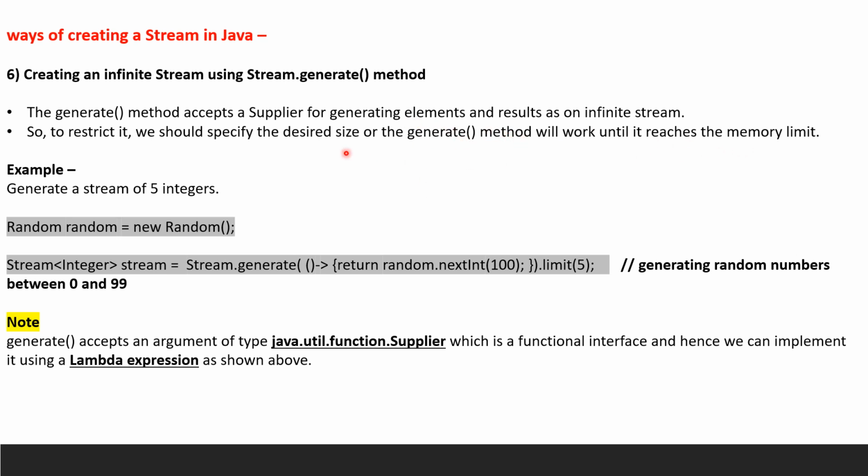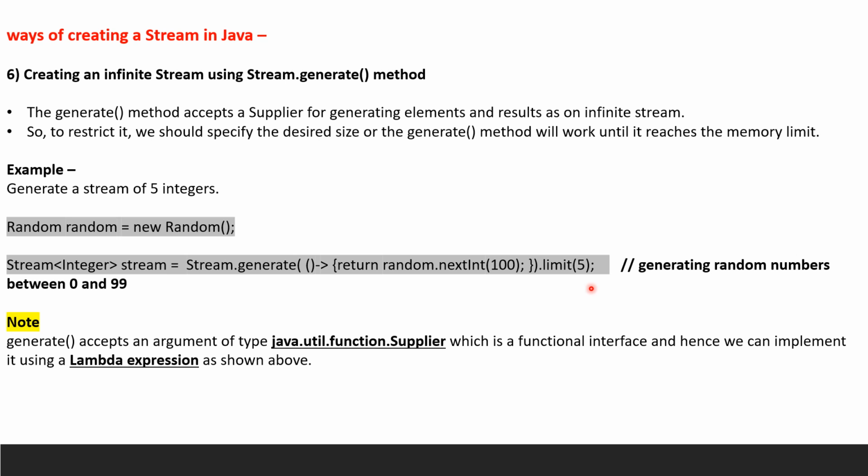For example, we are creating a random object here, and we have to generate a stream of 5 integers. So we create a random object, and a stream of integers, using the wrapper class Integer, with the Stream.generate method. Here it is returning the random object's nextInt of 100, and we are limiting this with the limit method, which